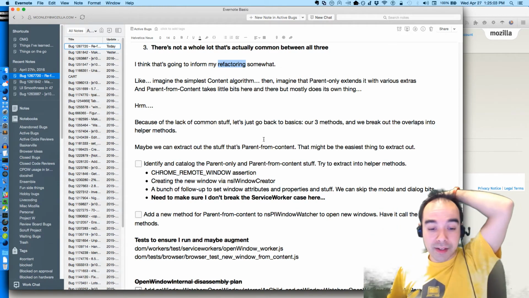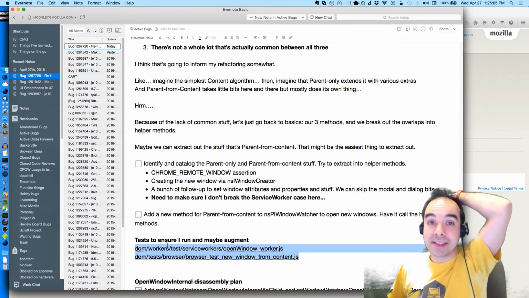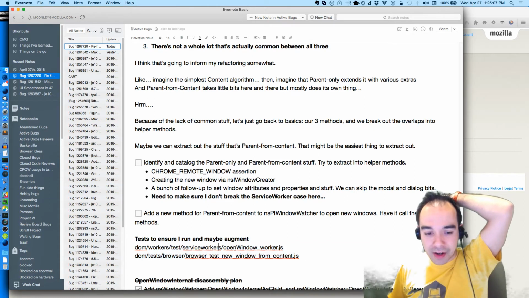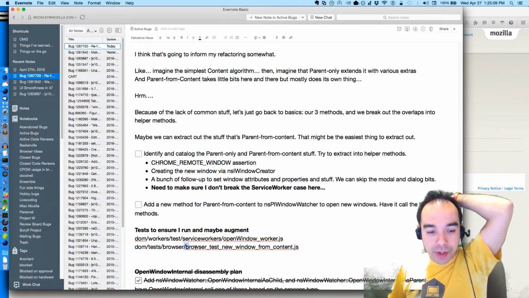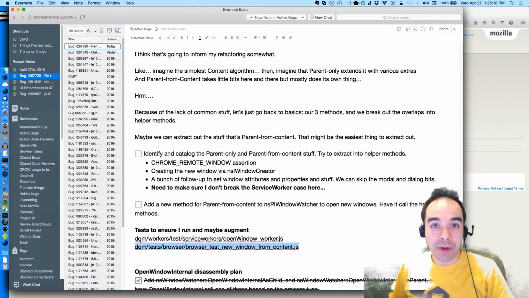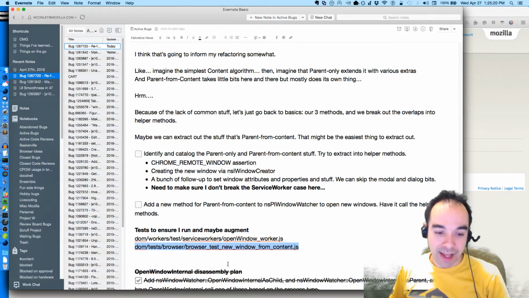So the first thing I did was I identified some important tests. These are tests that are like, this is opening windows from content and making sure that that works properly. I wrote that test a long time ago whenever we added support for opening windows to E10S. So that's good. That test is actually probably going to be very useful. The other use case is one that I hadn't considered until earlier this morning, when it was brought to my attention, having poked at the code,